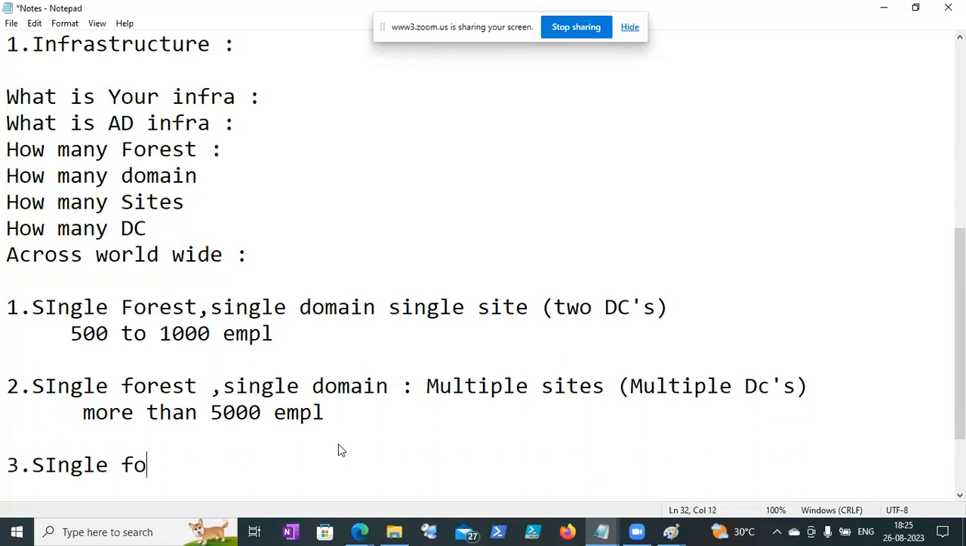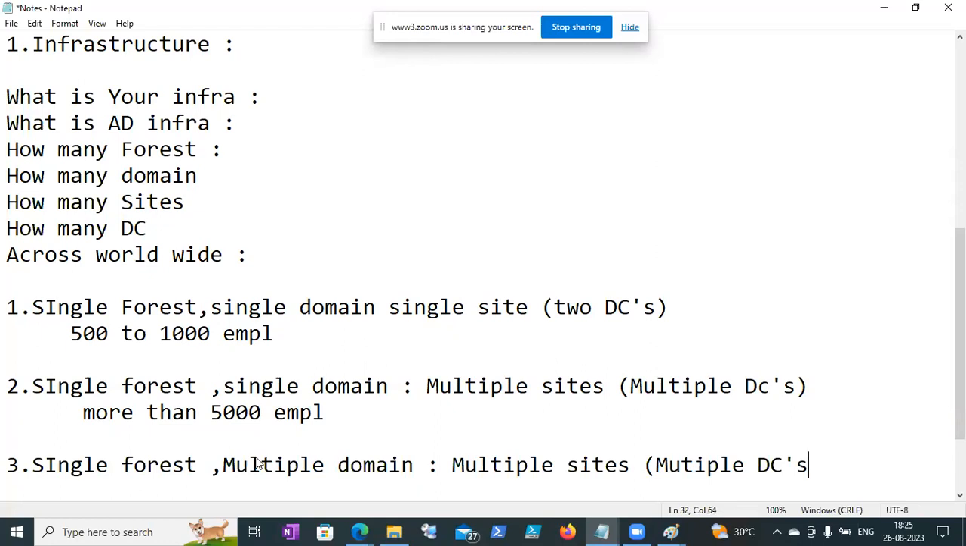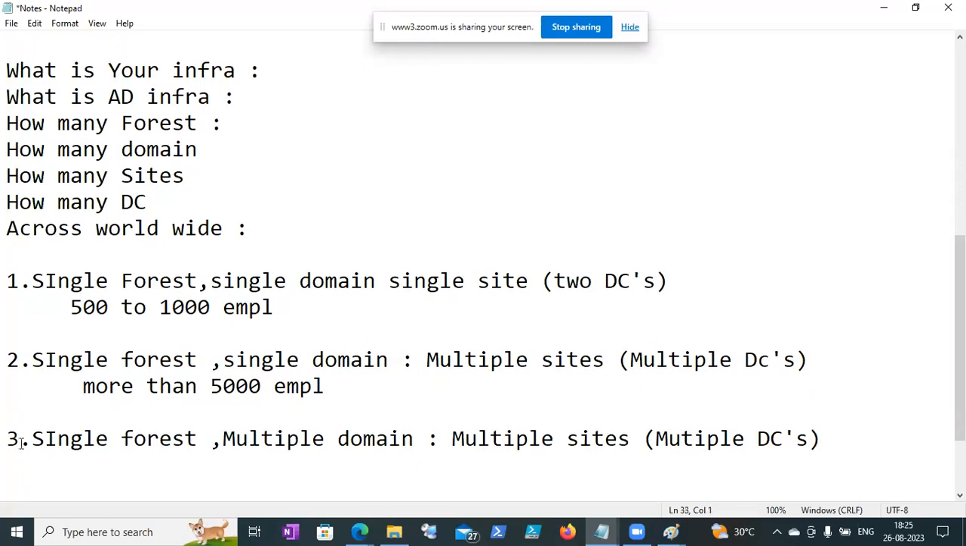Sorry, single forest, single domain. Here we have talked about single domain, multiple site, and here it would be multiple domain and multiple sites. So again, you can say multiple DCs. Now in this scenario, you just see the difference: here single domain, only one domain you have, and multiple site. But here multiple domain, you have the branches